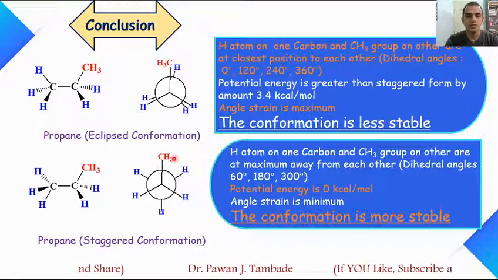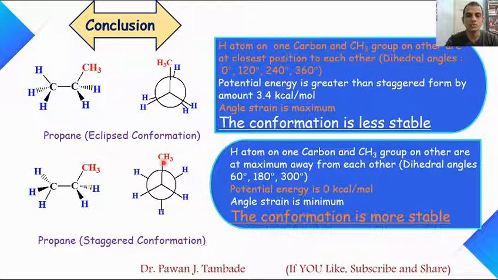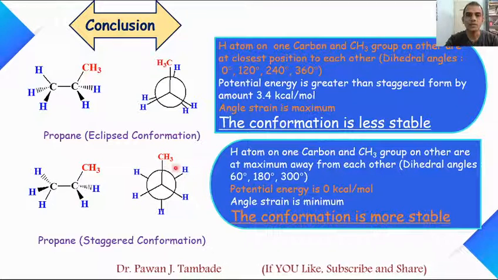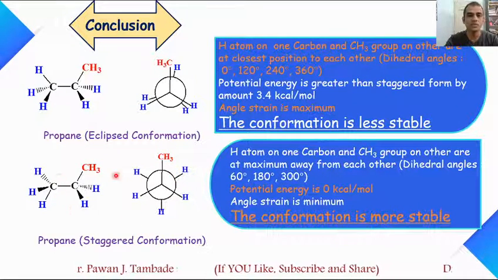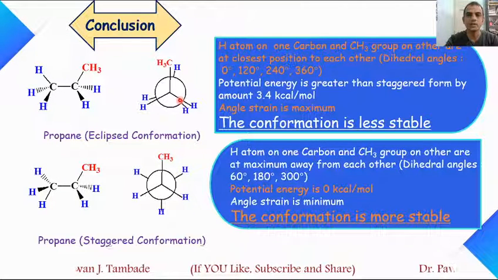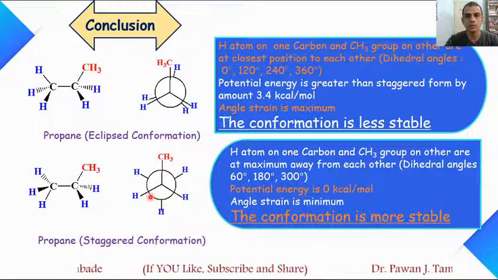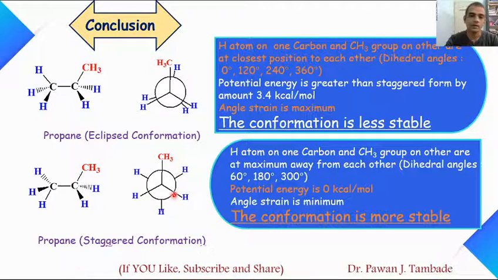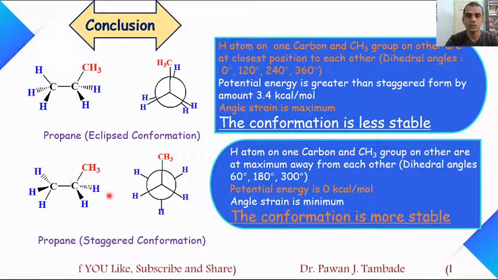Because this CH3 group and hydrogen atom in staggered conformation are away from each other, the angle strain is minimum, and thus the potential energy of this conformation as compared to eclipse is less. It is relatively 0 kilocalorie per mole,